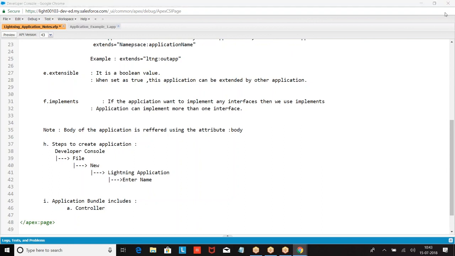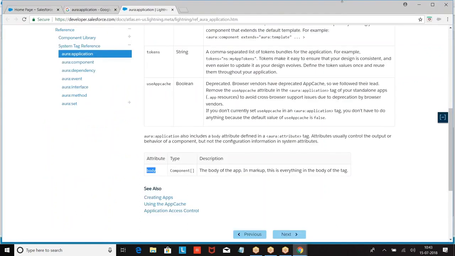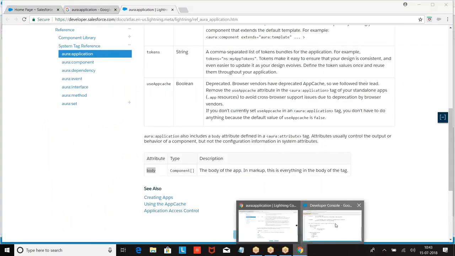So if you are going with this, what do we find here? Application, controller, style, then we have definition, SVG, and template.